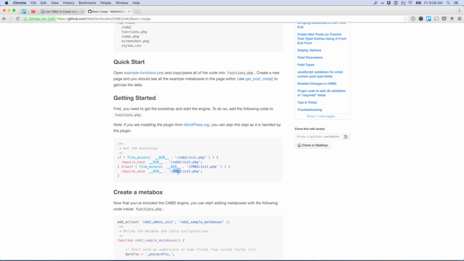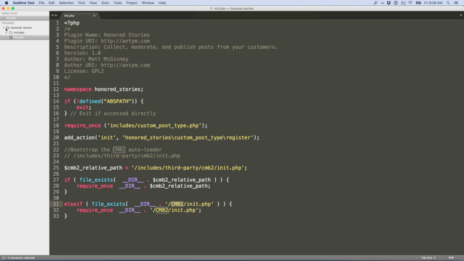Case sensitivity is important in operating systems and web servers, so they have to check for both. Maybe an old version of the plugin used this style, and maybe the current version uses this. But for backwards compatibility, they want to check for both. But because I named this file myself, or this folder, I should say, with lowercase letters, I know I don't need this, so I'm going to remove it. And then